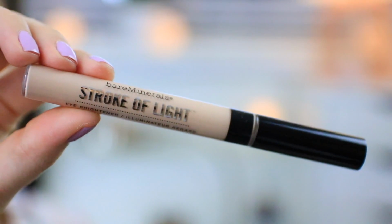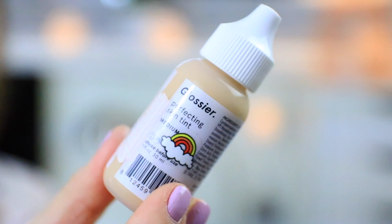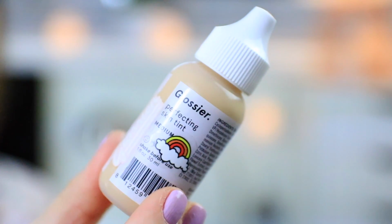And then for concealing redness but also brightening up my skin, I'm using another BareMinerals concealer. This is the Stroke of Light concealer, and it's actually meant to be used as an eye brightener, so underneath your eyes, but I currently have one in the shade Luminous 2, which is the exact same color as my skin tone, so I decided to use it just to brighten up the center of my face a little bit. And then I will be using the Glossier Perfecting Skin Tint on the rest of my face